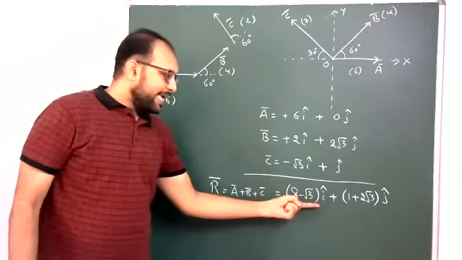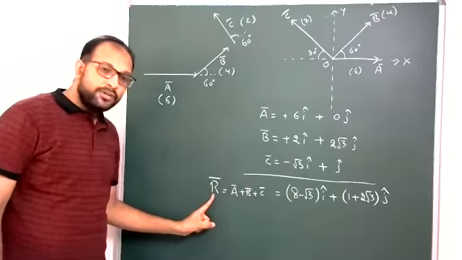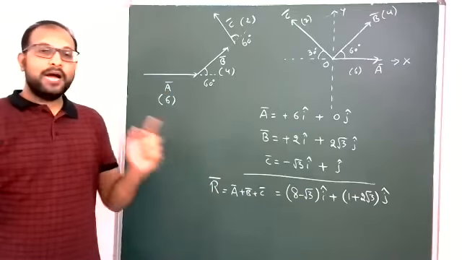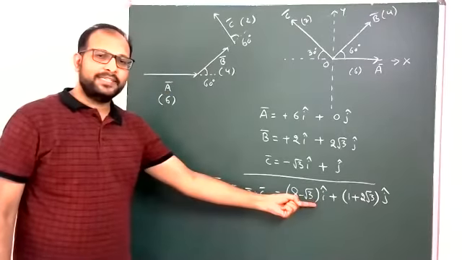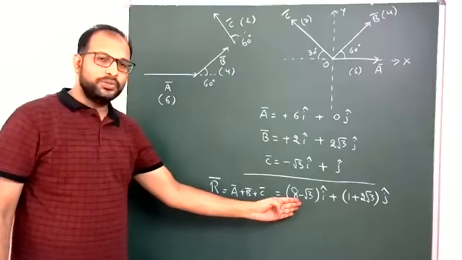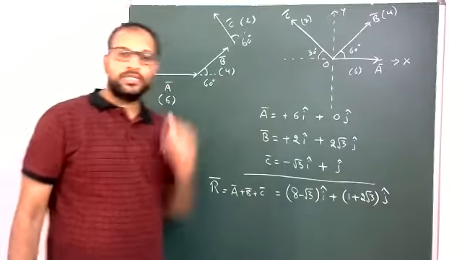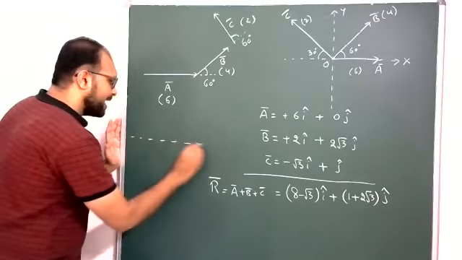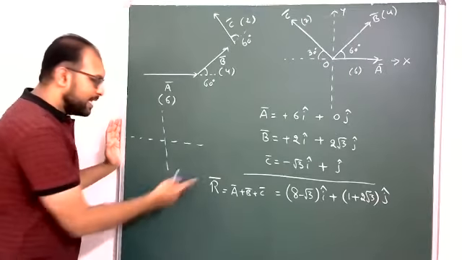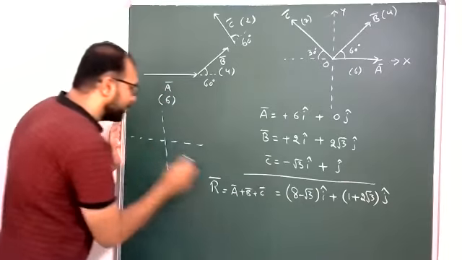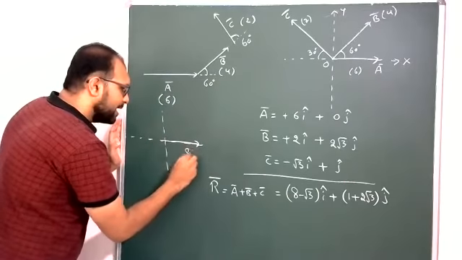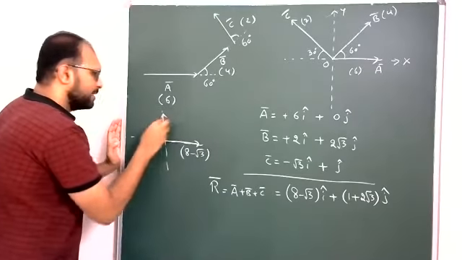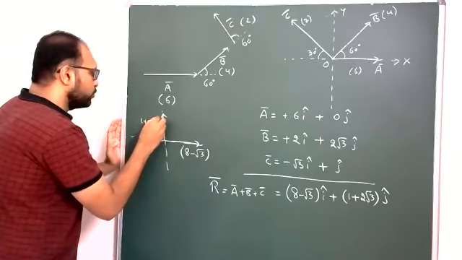So now it is the x component of the resultant vector and the y component of the resultant vector. Now tell me, students, is the x component positive or negative? Positive. The y component is also positive, which means our resultant vector is in the first quadrant. Here again I am drawing the coordinate system. This r bar has x component 8 minus root 3, and y component 1 plus 2 root 3.